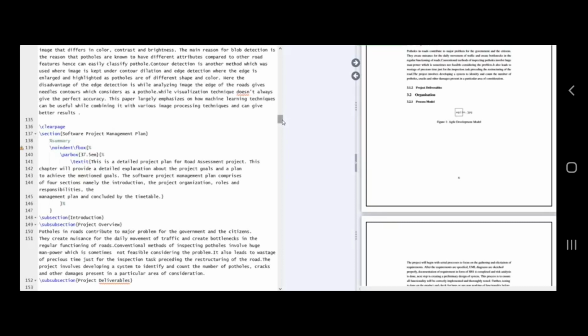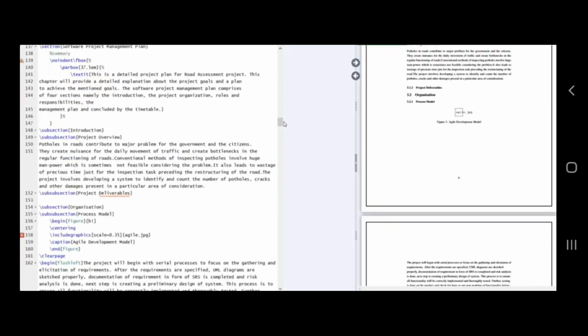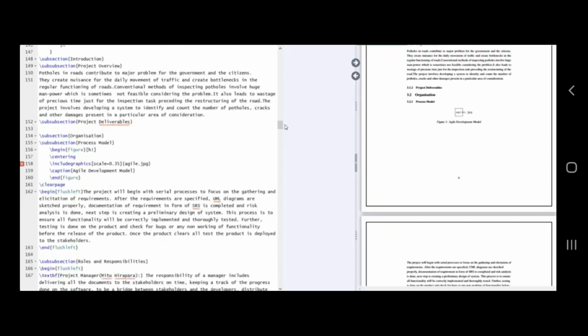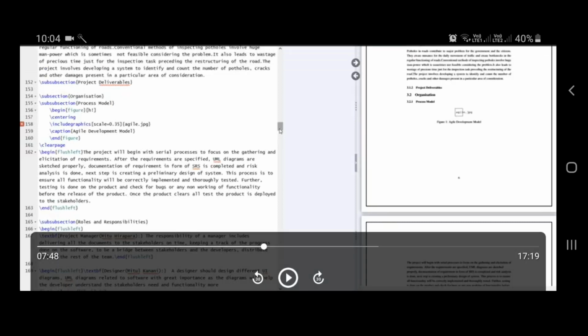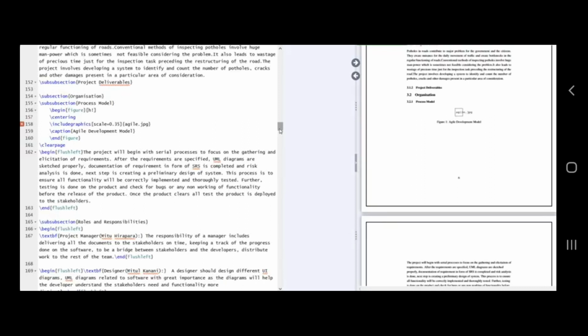Now comes another very important one. Whenever you have to add any figure, you have to insert a line of code. You want the numbering, because you want the list of figures at the start of your document, in the index. So you have to write this code. It is simple: \begin, because we are starting something. We are beginning a figure, so \begin{figure}, and then [h!]. Because we need the photo to be in the center, you have to use \centering. Next you have to include graphics, because we are making the structure, so how are we going to include the graphics?